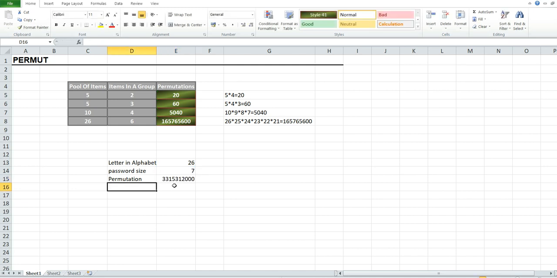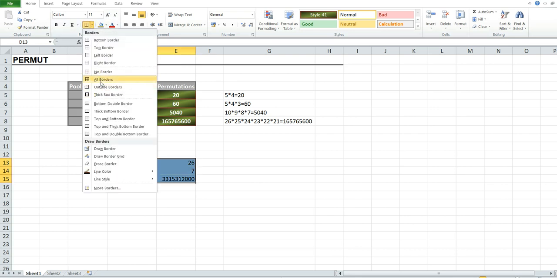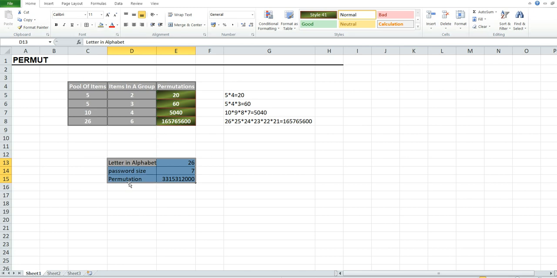Yeah, so this is the permutation of 26. Okay, so basically what happened here, this table is used to calculate the total number of 8-letter passwords which can be created by using all 26 letters of the alphabet.